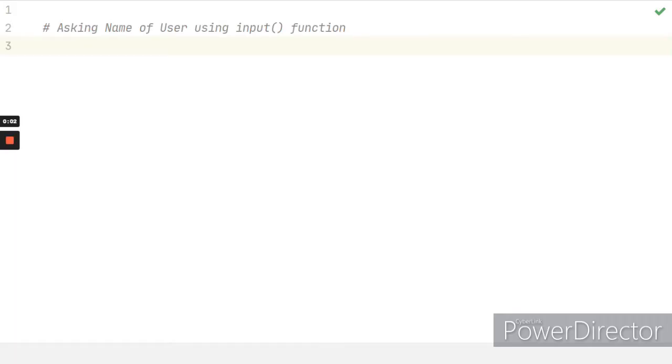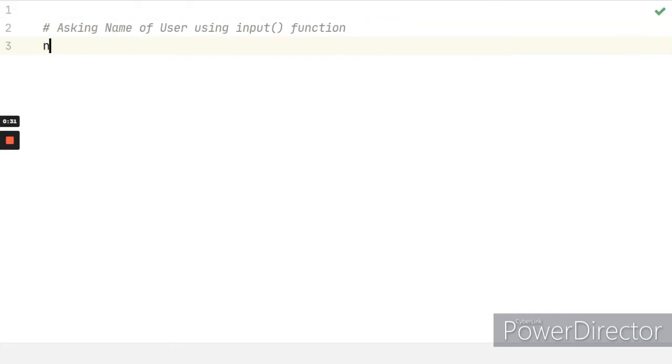In case you are wondering, I'm using PyCharm, and now I will show you how to use the input function in Python. But before that, I want to note something: when you use the input function, you always have to store it in a variable, because the data you get from the user, you need to store or save somewhere. And if you try to use the input function without using a variable, you will get an error from Python. I recommend trying it so you'll know what I'm trying to say.